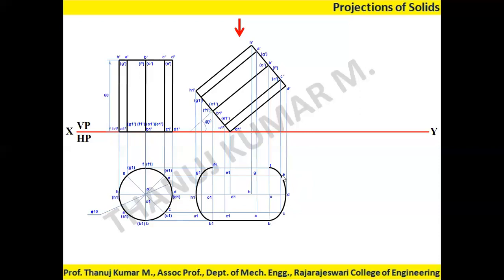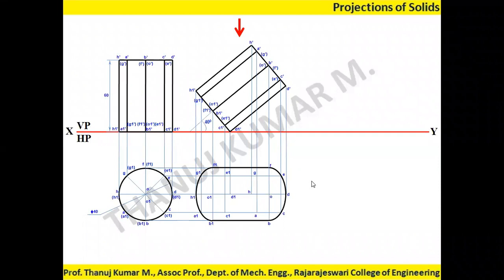Similarly, this corner and the F corner should touch. Then that is how you need to draw the smooth curve lines using a pencil. It's called a freehand diagram. If not, you can use French curves. So join it so that you will get the outermost boundary of the cylinder.